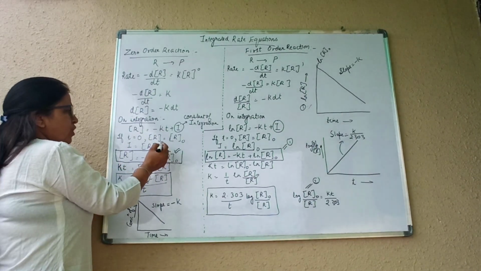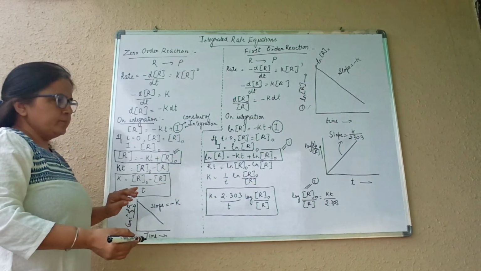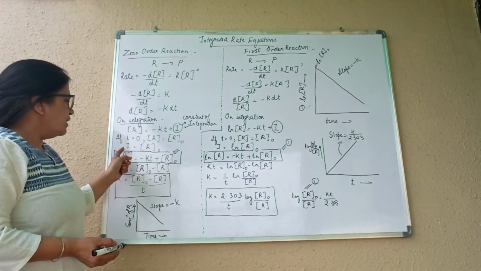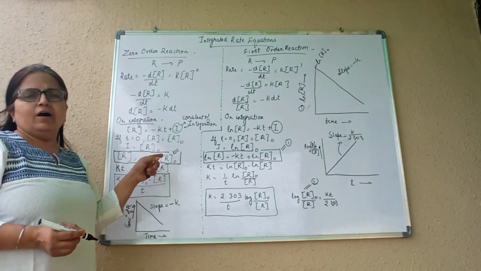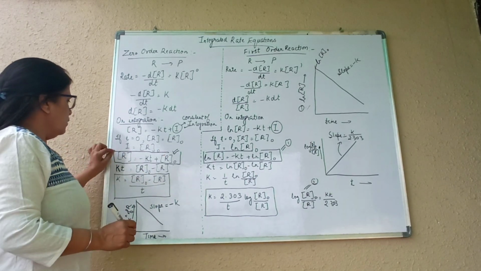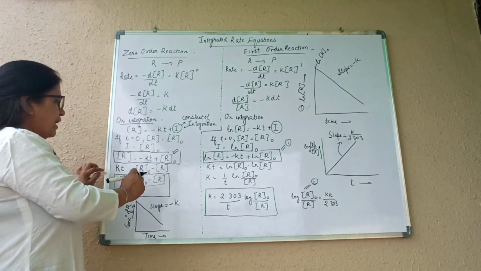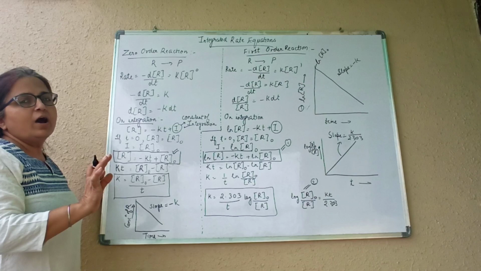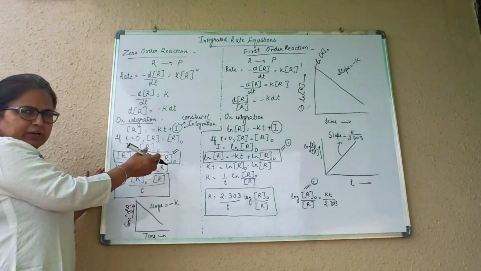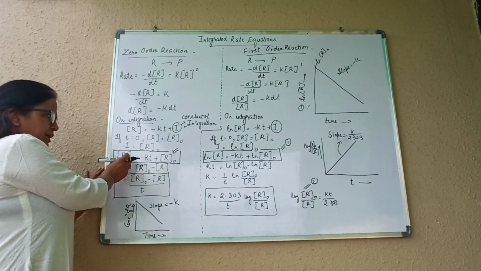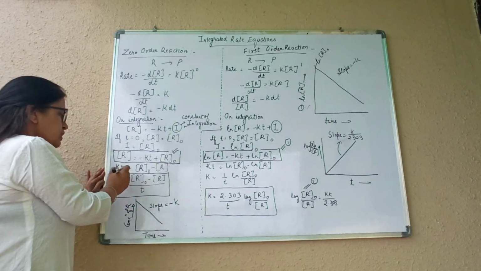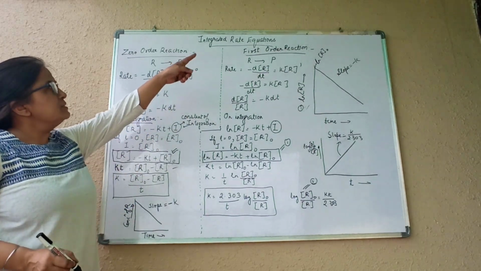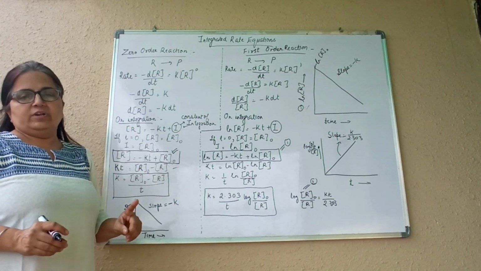[R]0, the initial concentration. So at time t equals 0, the concentration of R is [R]0. I will put this value in the first equation. So at t equals 0, this [R] is [R]0. That is what I is. I is the concentration [R]0. Now if I put that value here, I will get [R] is equal to minus kt plus concentration of [R]0. Again, I have just shifted this side, kt on the left hand side, [R] to the other side. So this equation which I get is the rate expression, that is the rate law for the zero order reaction.